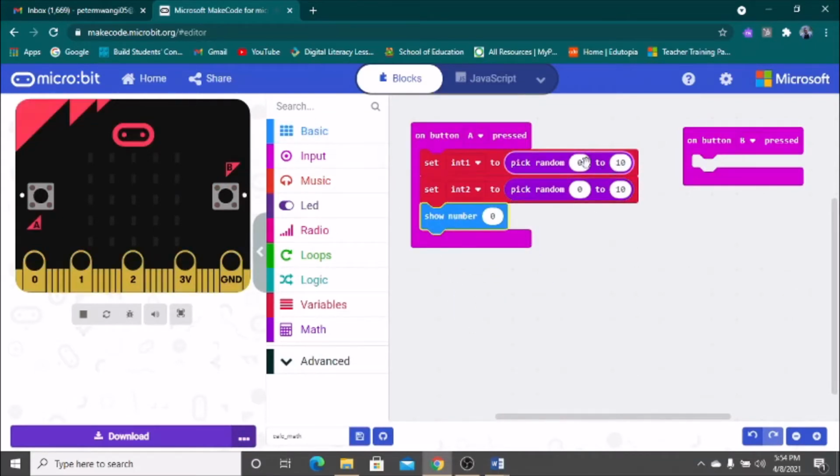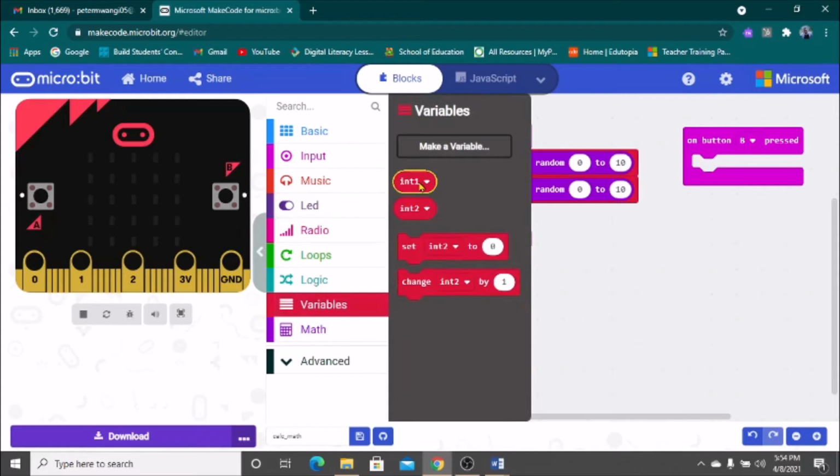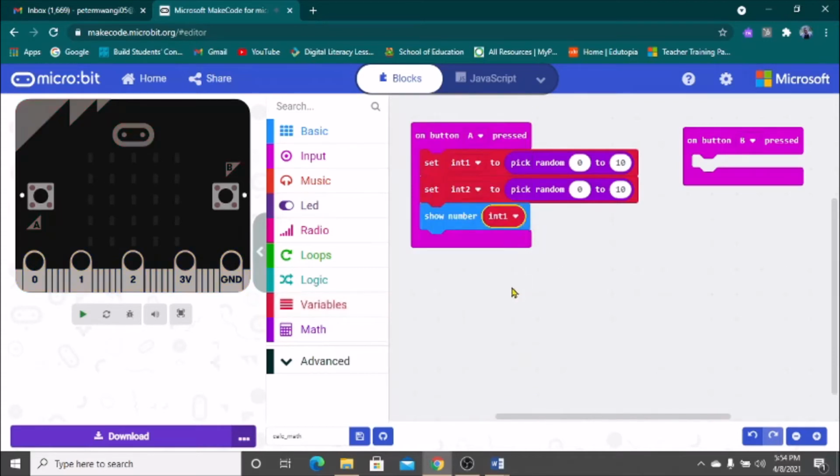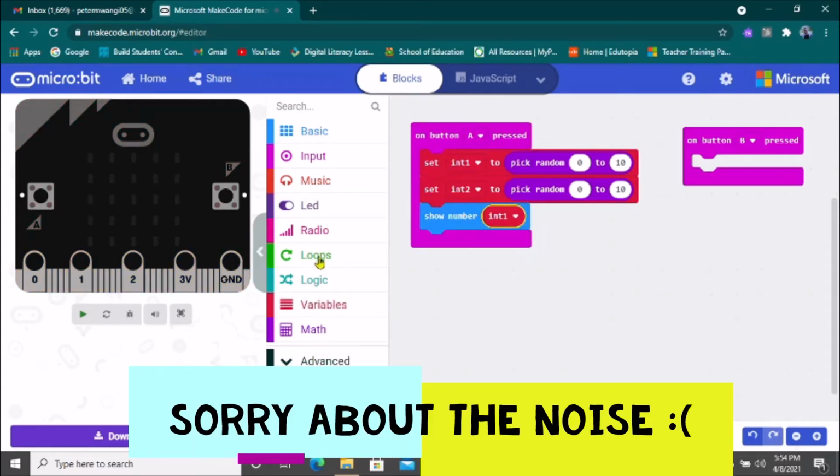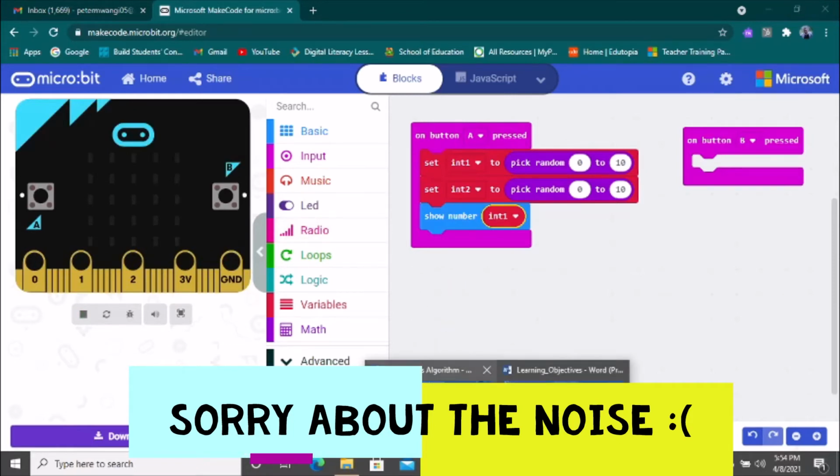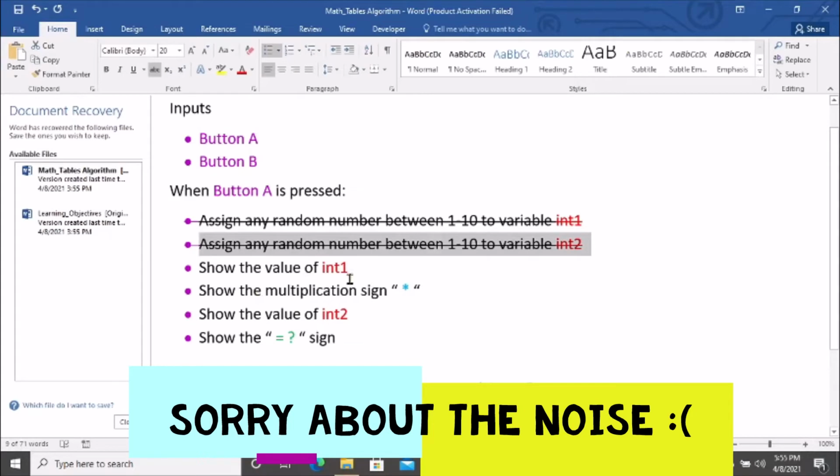It's an integer. So 0 to 10, these are integers. So the input is an integer. The output is an integer, and we want to pick this. So we want to show int1. Once we are done with that, we're also going to strike through,